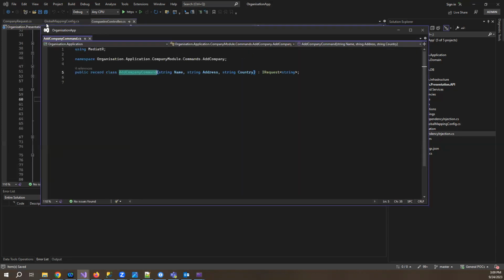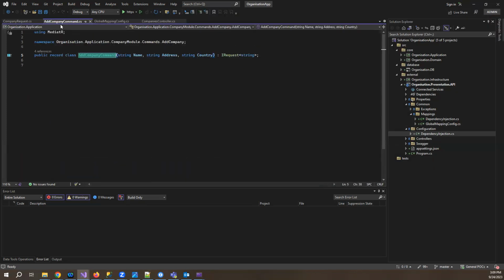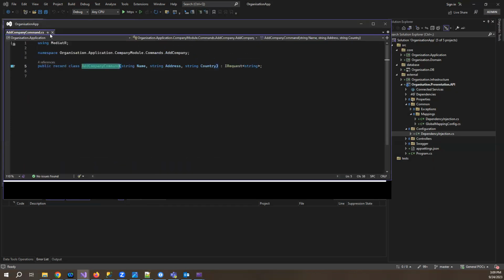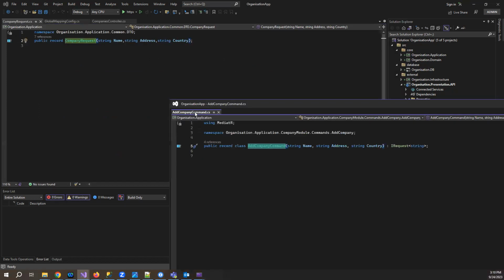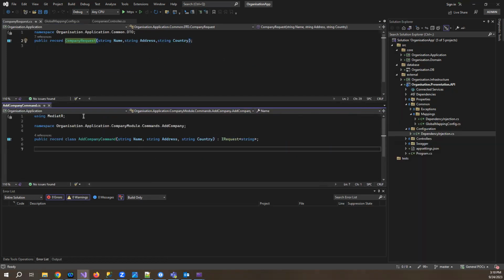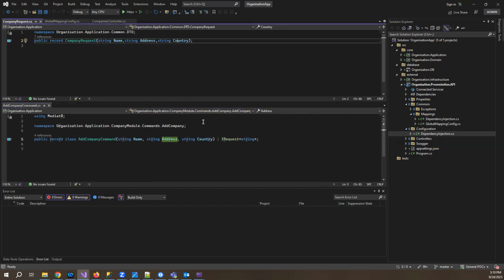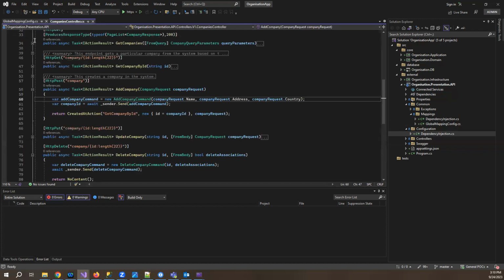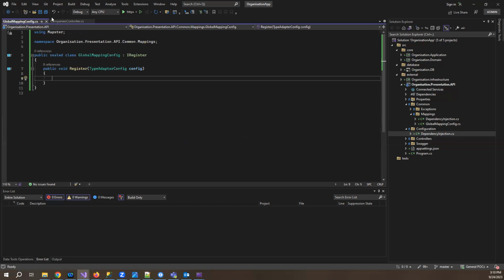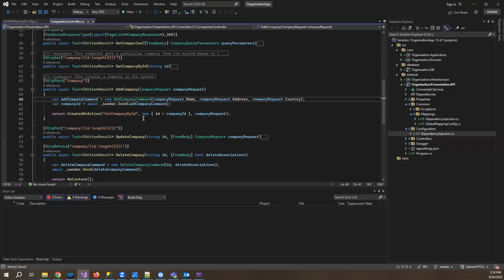Let's just take it here and just compare it. So if you see here, the add company command and company request, the signature almost looks similar. So they can be directly mapped. So there is no need of making any additional configuration in the global mapping config because the signature looks almost similar. So that's the reason we can just directly